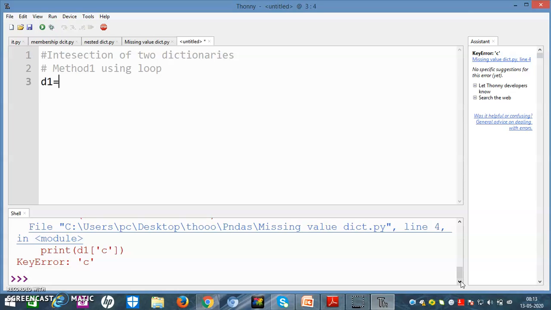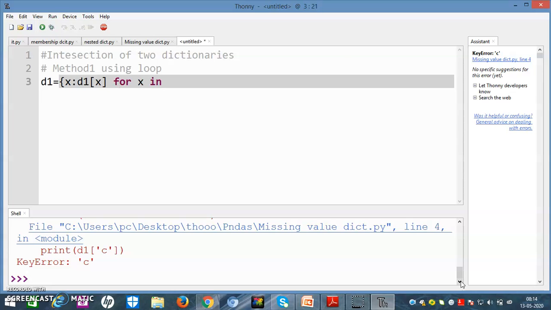So D3 is equal to, now we will use the method x, we take x as an element of D1. After that, what you have to do is simply write for x in D1.